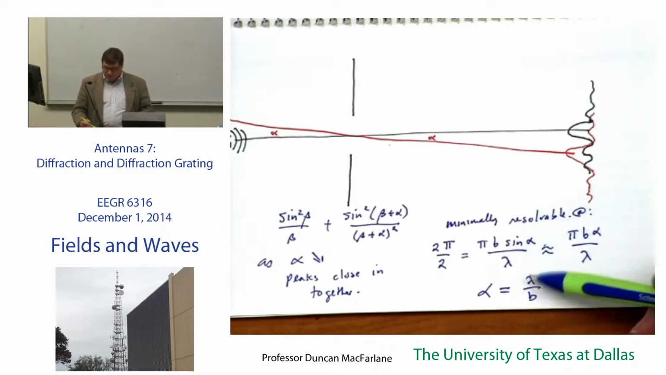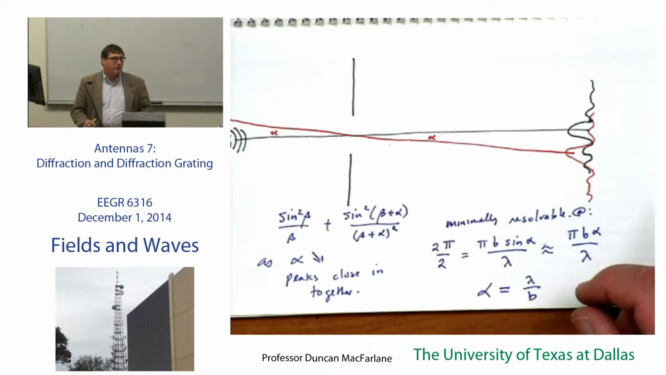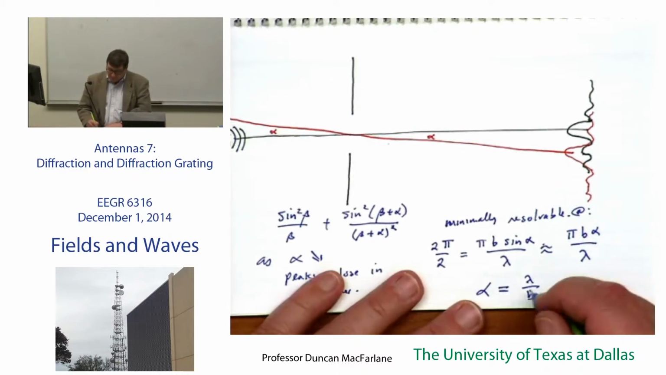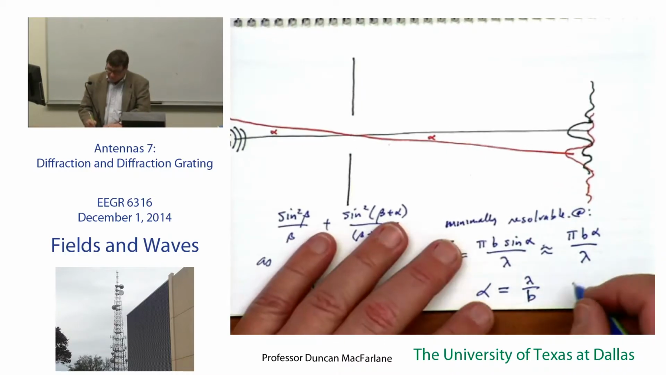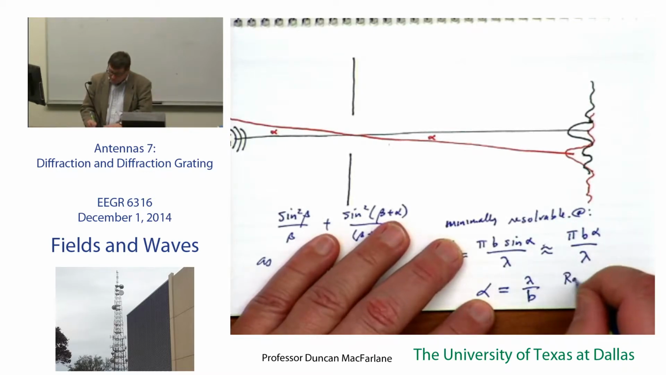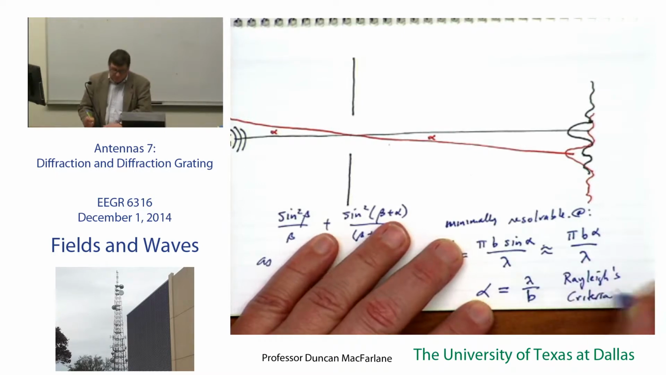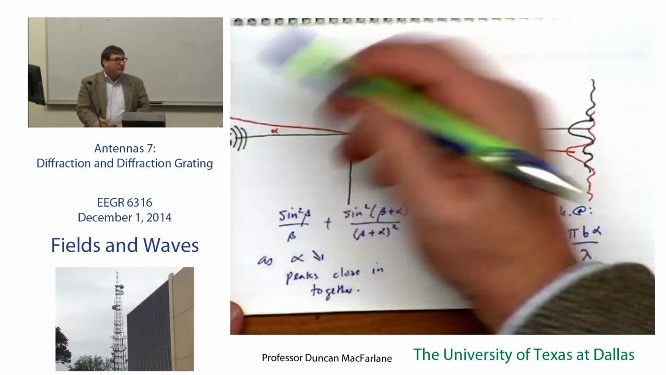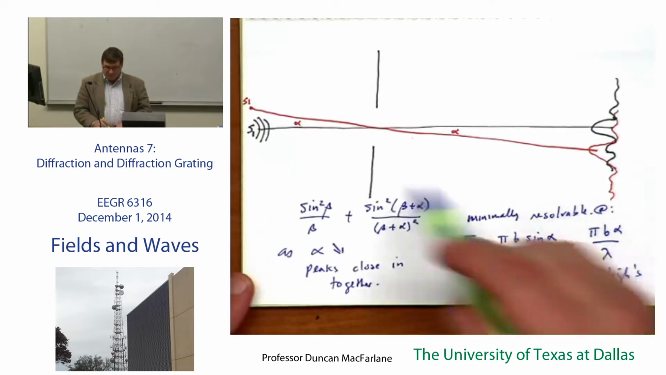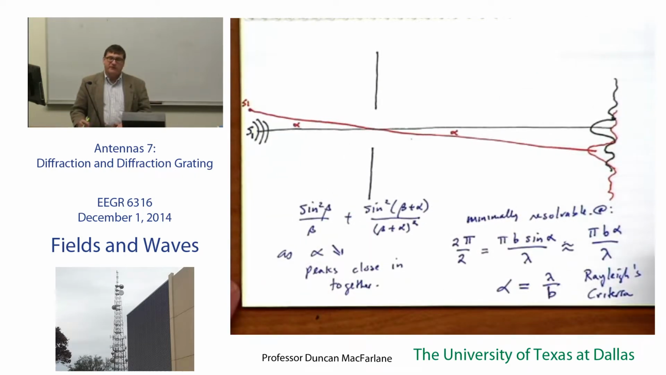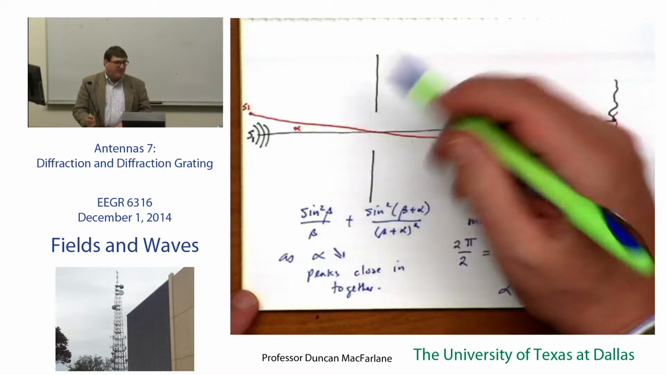So again, we have a lambda over b relationship, like the lambda over dl relationship of our dipole. This one has a very different interpretation. This is called Rayleigh's criteria for distinguishing two sources far away from the slit in the far field of the slit. Okay? So how can you resolve with a finite aperture